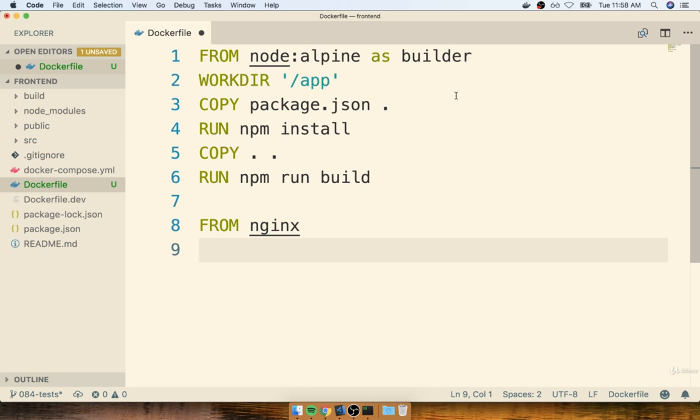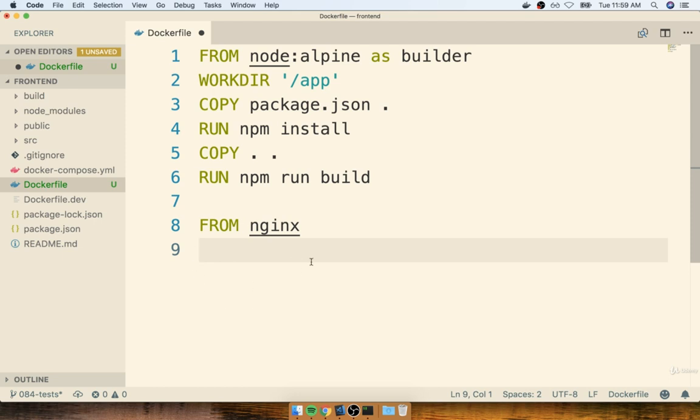You'll notice that we did not have to put any terminology or any syntax in here to specify that the initial phase that we have right here was stopping. By just putting in a second from statement that essentially says, okay, previous block, all complete, don't worry about it. Any single block or any single phase here can only have a single from statement. So you can imagine that the from statements we put in here are terminating each successive block. So then inside of here, we're going to write out the command to copy over that build folder into